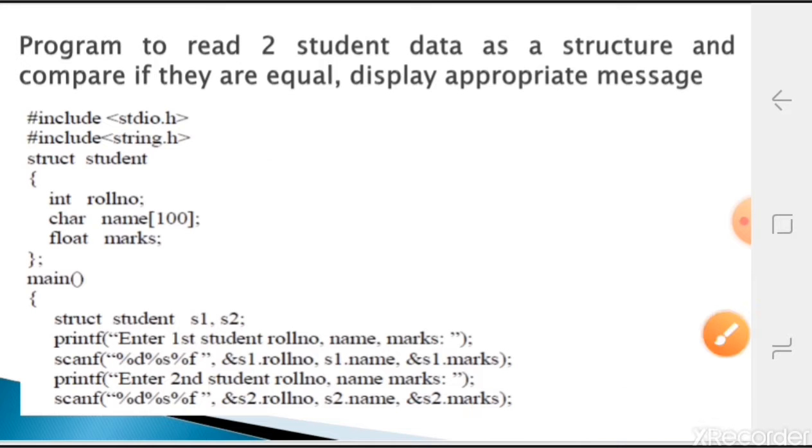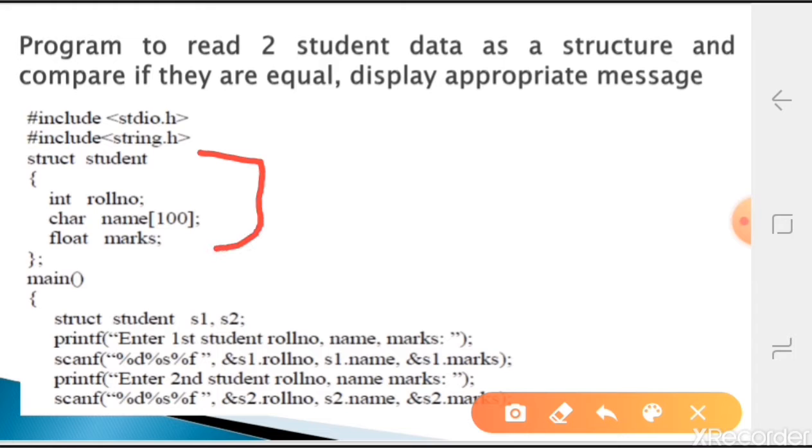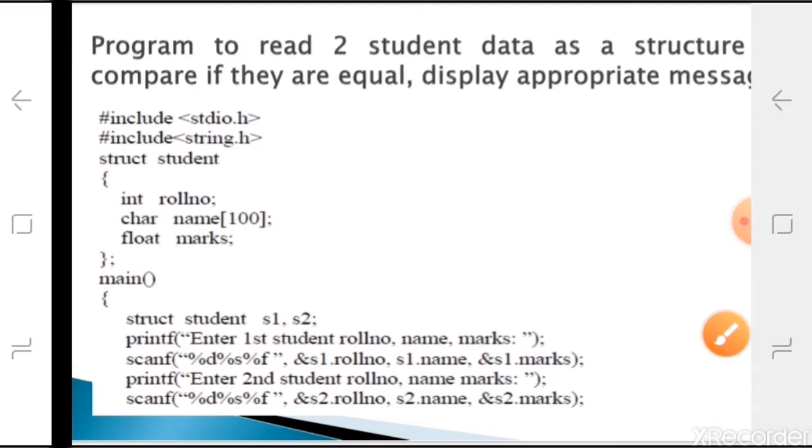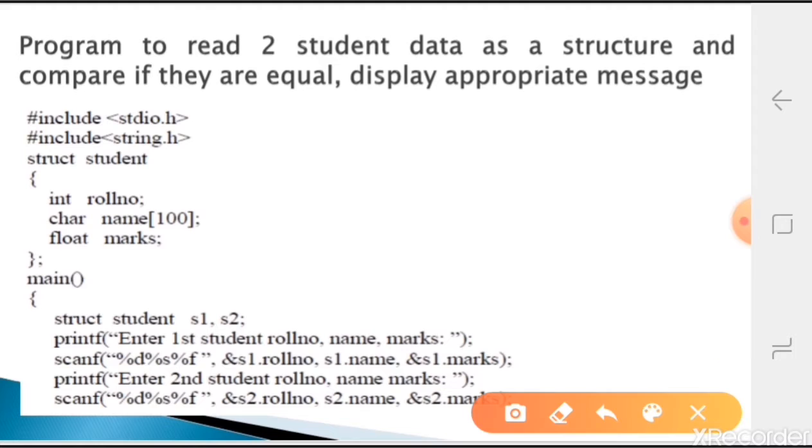Now we'll define, here we are defining the student structure, so that is roll number, name and marks. Three things we are defining. And inside of main we are declaring two structure variables, s1 and s2. We'll ask the user to enter the S1 and S2 related fields, that is roll number, name and marks